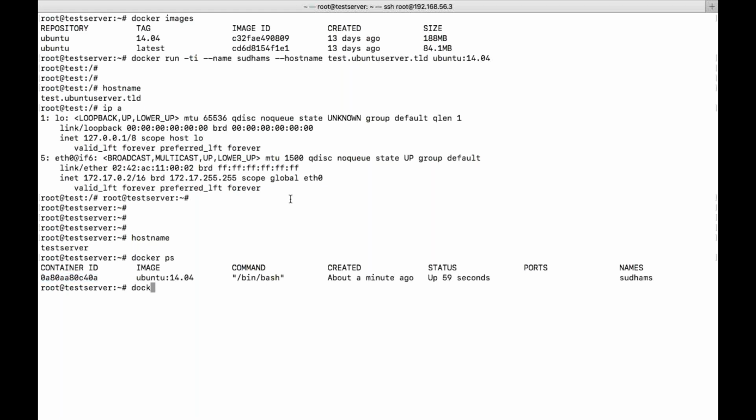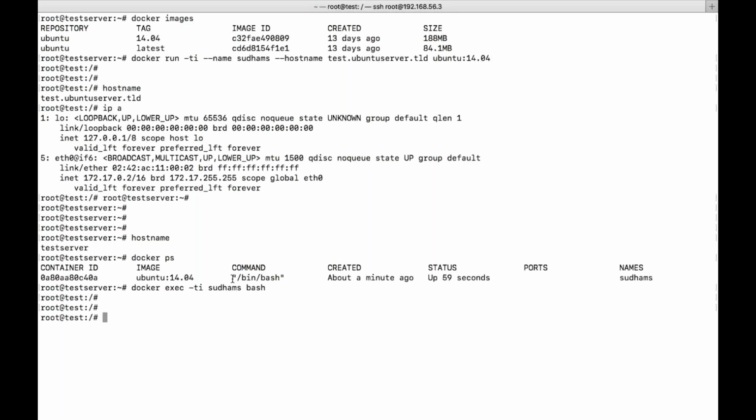I told you yesterday there are two methods, right? One method is docker attach with the container ID or a name. You can see the name, how it is getting displayed. This is just to identify the container, so that by looking at the name you can understand for what reason you have created this container. That is a display name. The second method is docker exec -ti, container ID or name, then bash.